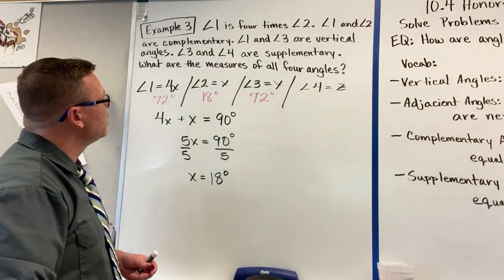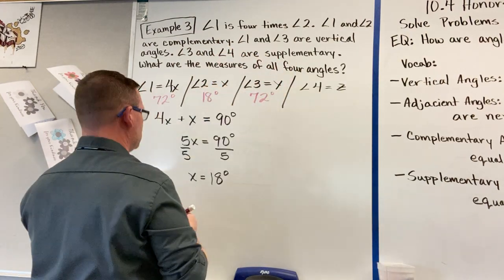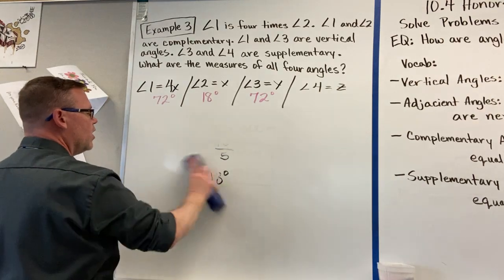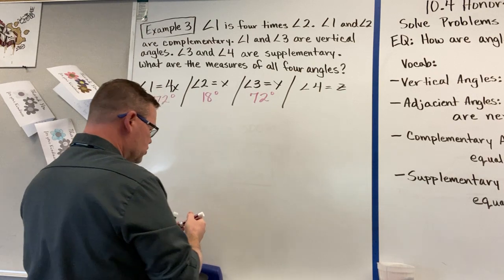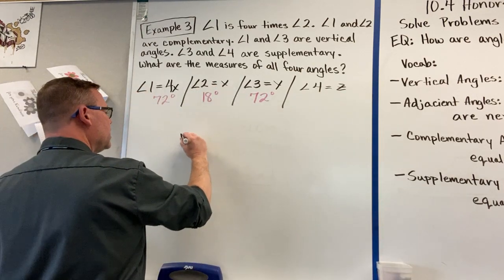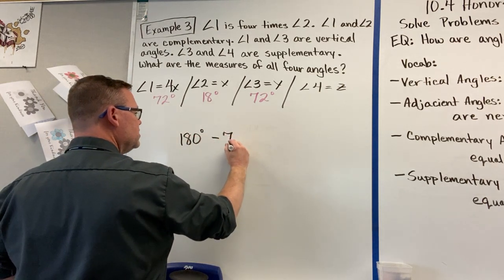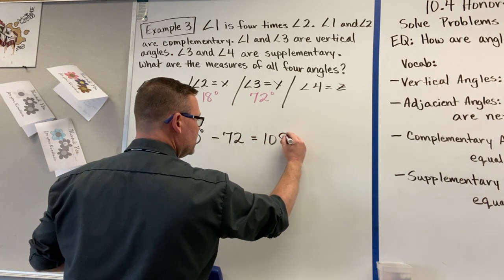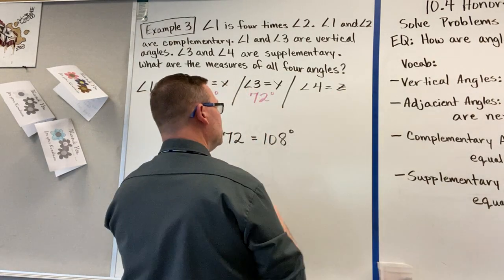And then it says angle 3 and angle 4 are supplementary. Now I'm going to erase this, so hopefully you got it. If not, rewind it and write it down. So angle 3 and angle 4 are supplementary. That means we would have 180, since supplementary angles add to 180, minus the 72, and that's going to give me 108 degrees. And that is what angle 4 is,